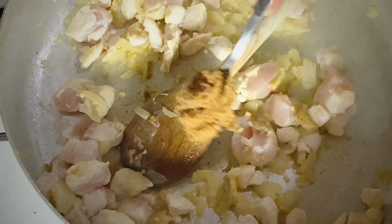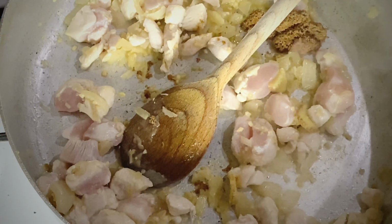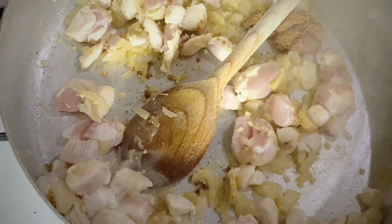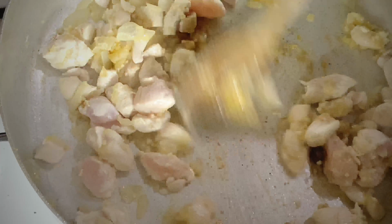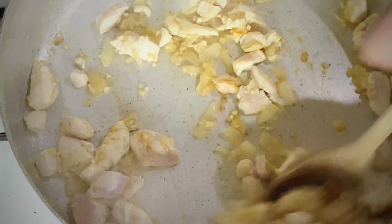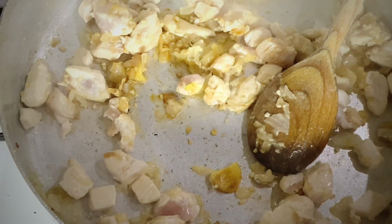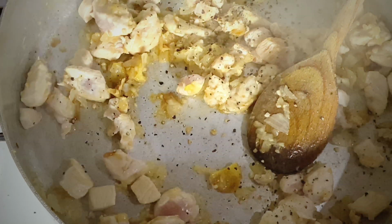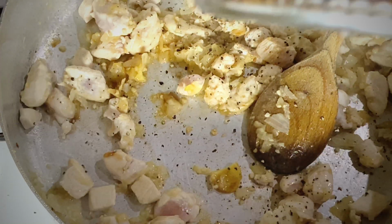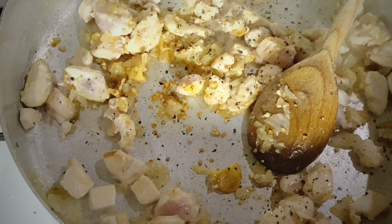Because we're going to do a rich tomato sauce, I like to add brown sugar into it because it cuts the acidity of the tomatoes, believe it or not. It just helps the natural sugars of the chicken also to come out. So a bit of pepper, a little bit of ground chili, just a little bit,